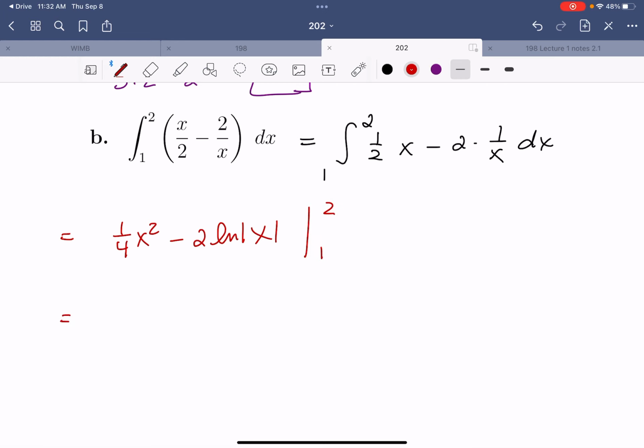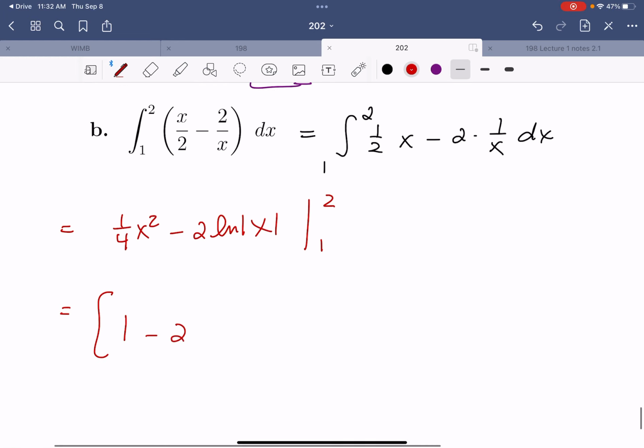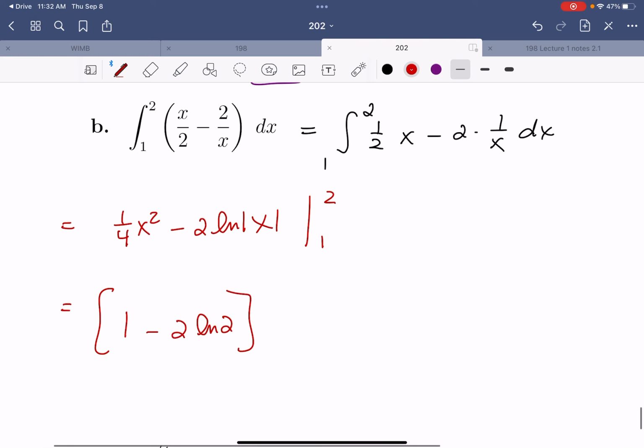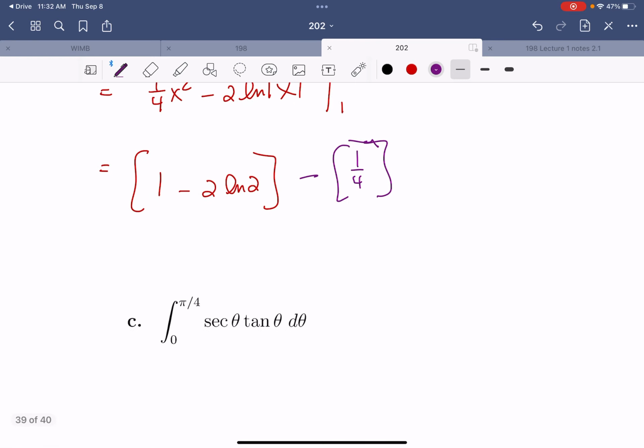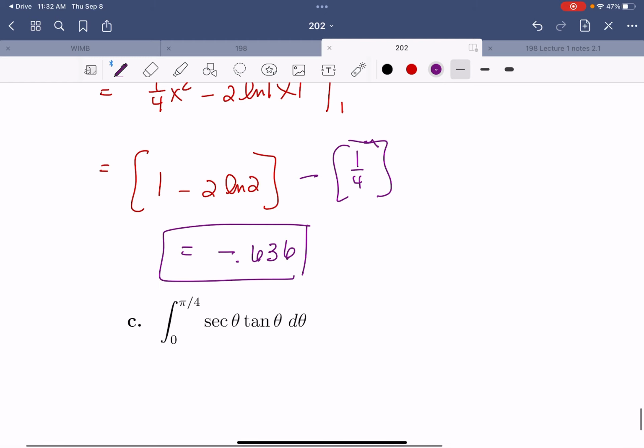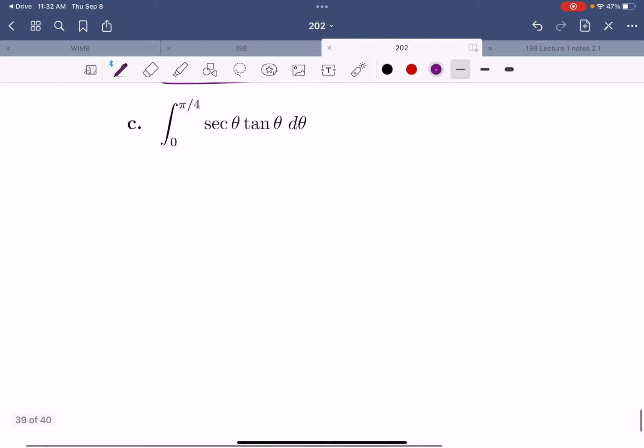So when I plug in 2, I get 2 squared is 4, so that's 1, minus 2 natural log of 2. And when I plug in 1, I get 1/4, and the natural log of 1 is 0, so my second term goes away. And so I just have 1 minus 2 ln 2 minus 1/4. And that turns out to be negative 0.636. And lastly, for my definite integrals, we're taking the integral from 0 to pi over 4 of secant